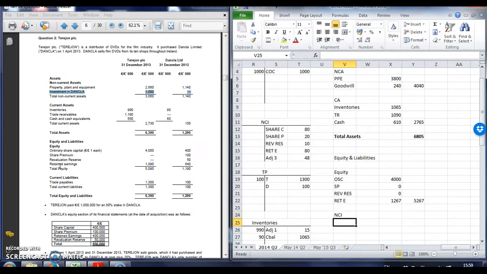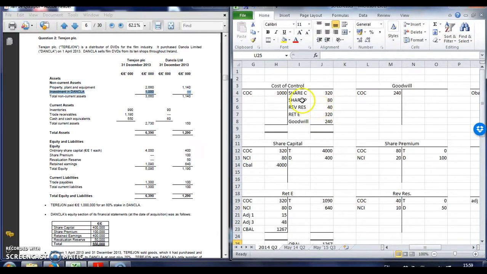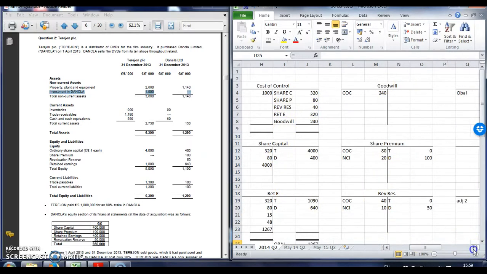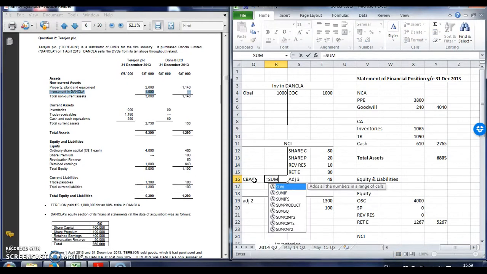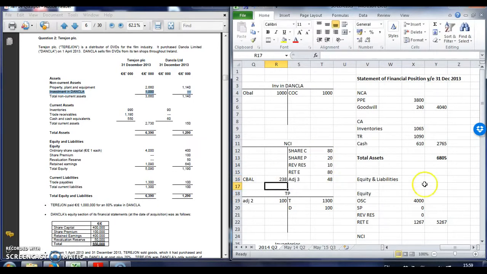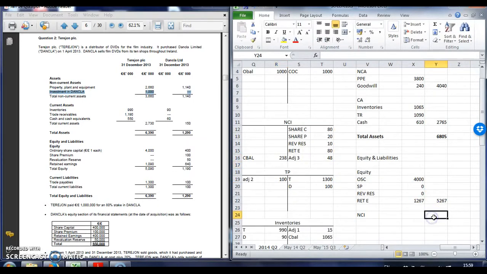So you have an NCI account, and that's why it's useful to have all these open, because when you're looking down you say, right, we have cost of control done, share capital done, retained earnings done, and you come back here and you see NCI, and the closing balance in the NCI is essentially the sum of all these adjustments, which is 238. That gives you total equity of 5505,